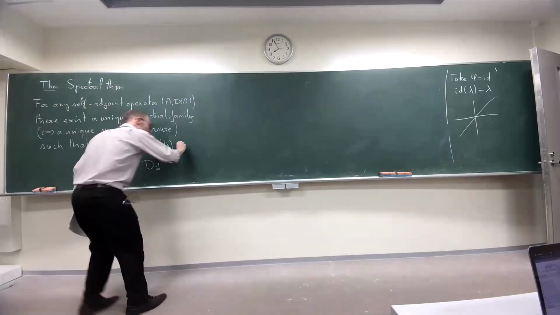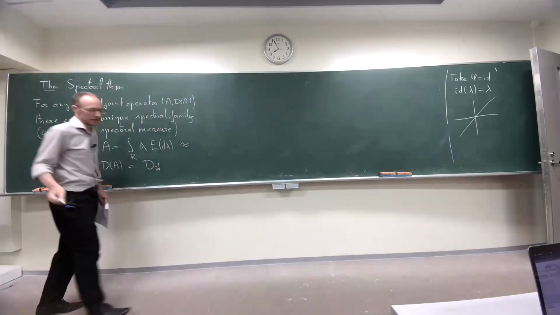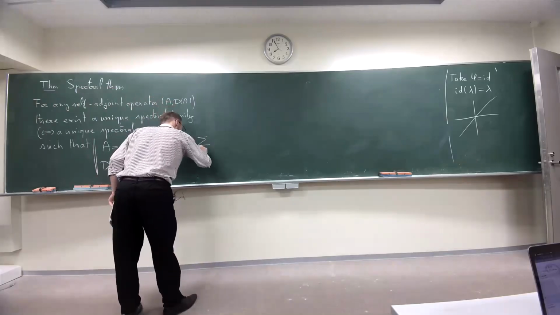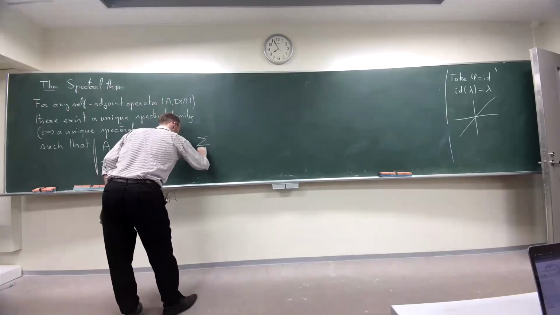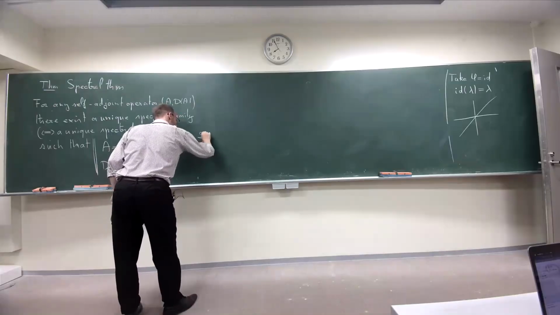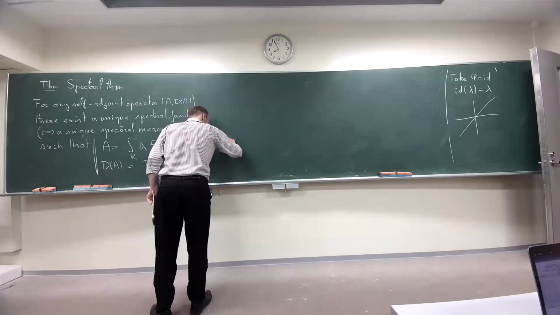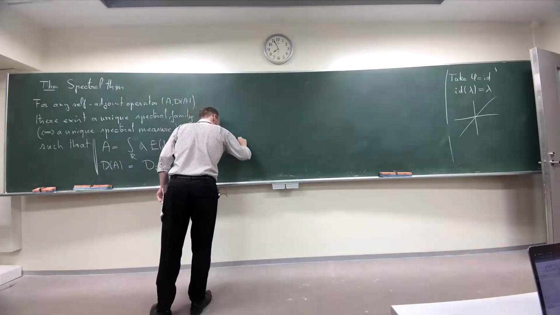So essentially, you can think about this as an infinite sum from 1 up to infinity of lambda. It's not correct, but E of